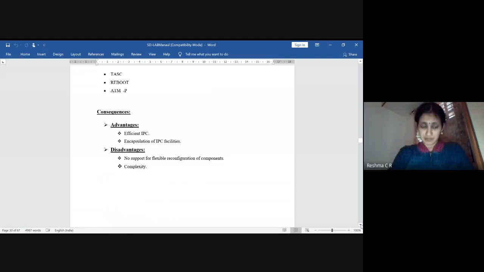That means if a component fails and is not able to provide a service, replacing that particular component will be very hard. It also raises the complexity of the system. To reconfigure and make the mapping would be a difficult task with respect to the forwarder-receiver pattern.